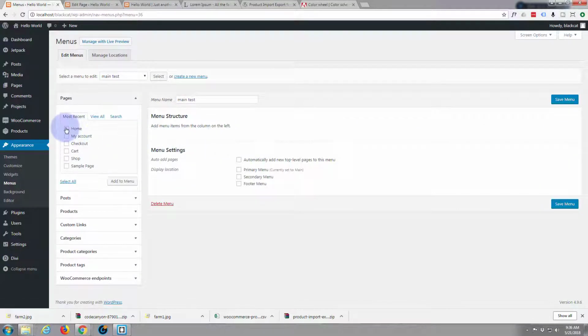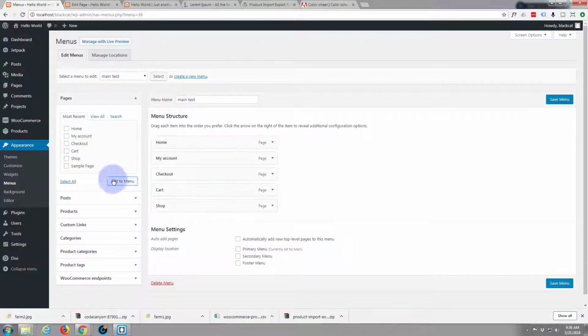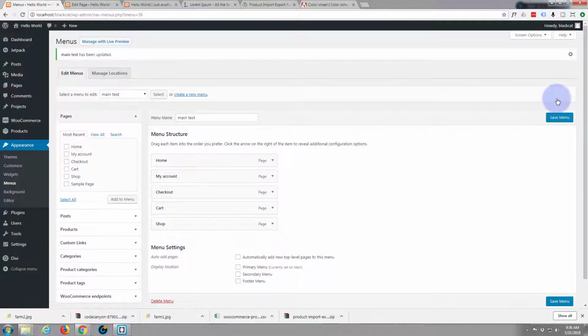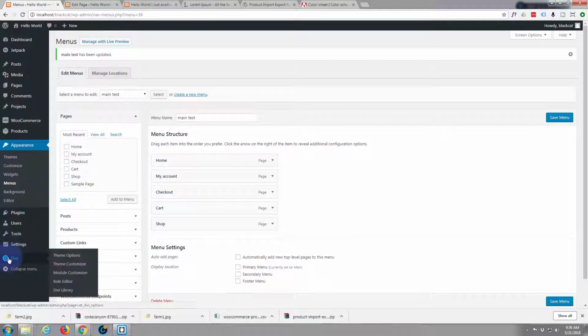And let's just add the pages I want to add to this. We'll go, that's fine right now. I don't want to add the sample page. I've selected those and I'm going to add them to the menu. So there we are. We've just got 5 items in there. We'll save that. Now we want to go to our Divi theme customizer. If we go down to Divi and theme customizer,